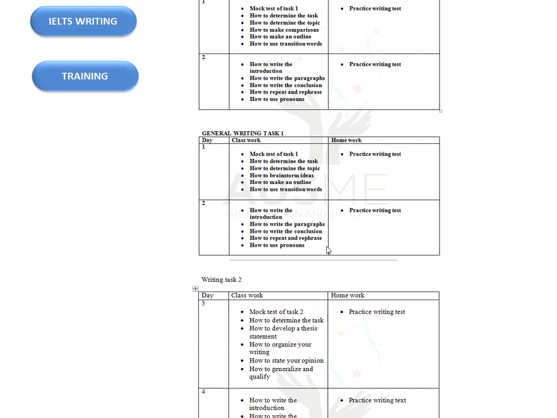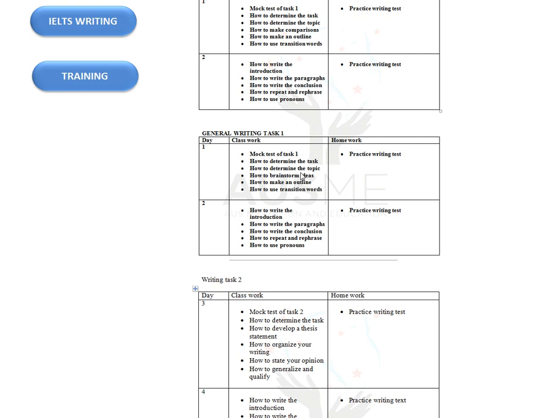You actually need to use pronouns specifically in task 2 as well, as task 2 is mostly about the most important factor, giving your opinion. Cool? So again, for general writing task 1, the homework you'll get is the practice writing test for task 1